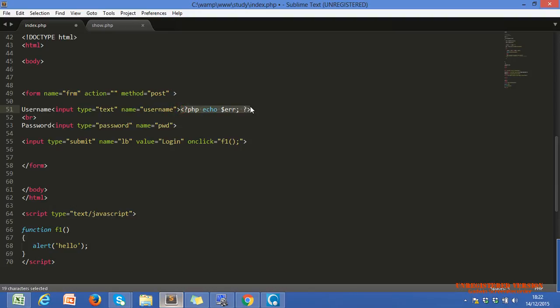If we are using PHP code within the HTML code, we have to define it with a start tag and an end tag. But in case of JavaScript and jQuery, we don't have to define that the function is a JavaScript function, because it automatically assumes that it is a JavaScript function.